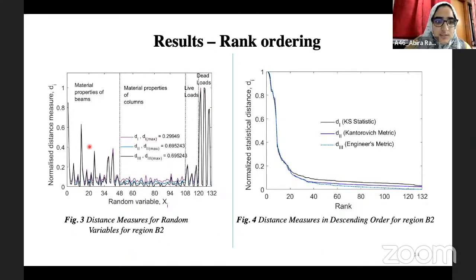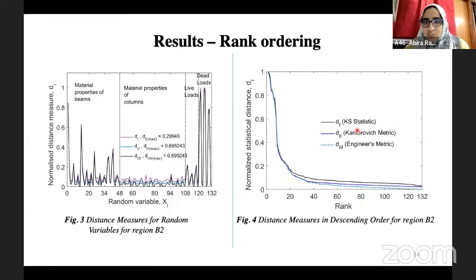So figure 3 shows the normalized distance measures for three statistical distances, and we can see in figure 3 they have been arranged in terms of the different groups, and we can see that here the dead loads play a major role. In figure 4, the same distance measures have been plotted in descending order, and we can see that more than 80% of the response is due to just 20 random variables. And also we can see